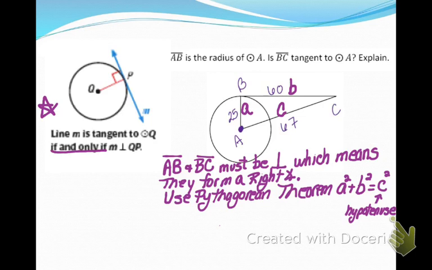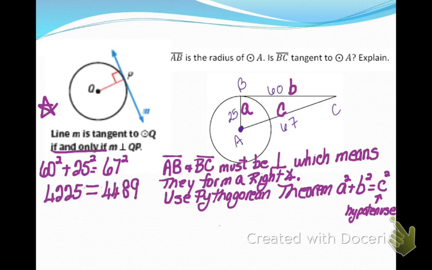Remember that C is always my hypotenuse. And I'm going to plug in my numbers. For A, I guess I did this backwards. For B, I put 60. For A, I put 25. And for the hypotenuse, I put 67. I squared all of those. Then I simplified, and I found that,